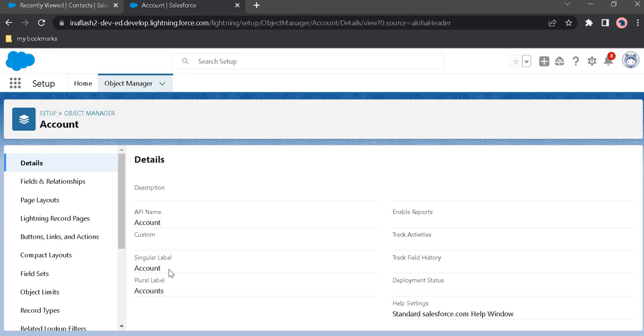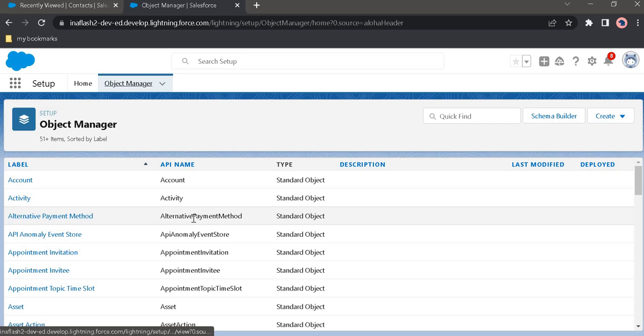For standard objects, the API name looks just like the label, though the API name can be different from whatever the label is. For example, this alternative payment method, there are no spaces in here because API name doesn't support any spaces. It supports underscore or continuously writing all the words together. For example, this alternative payment method is a continuous word, so API supports that, but API doesn't support any space.